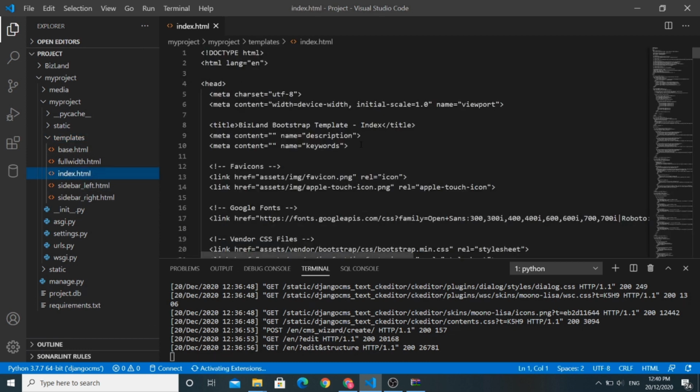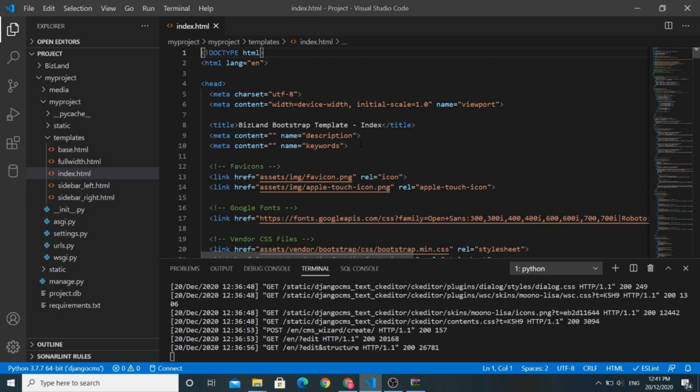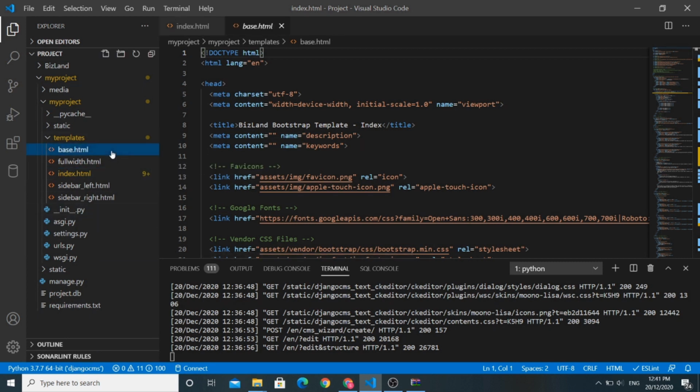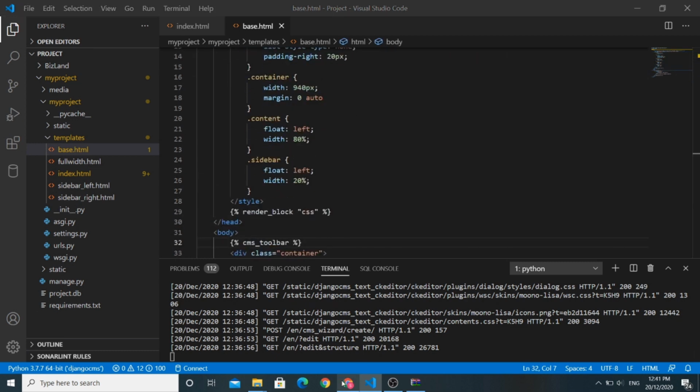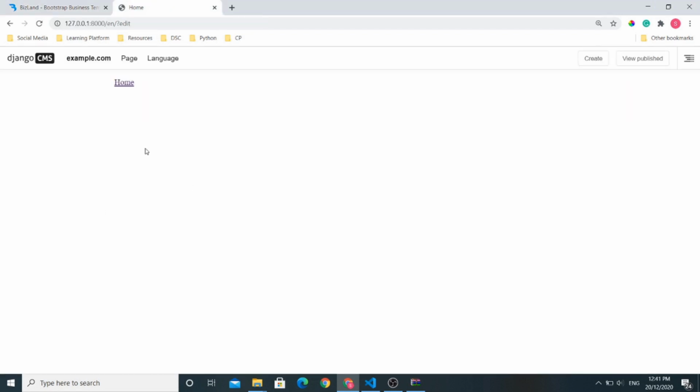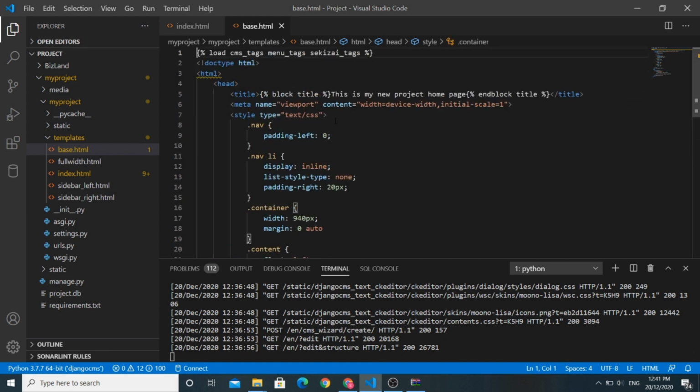Let's open this template. For now this template is a basic HTML template, and we would like to convert this basic HTML template into a Django template which will be used for our project. So let us start converting this template into our Django template. You can see that this is the base template we are using currently for this page. So we will make use of this base template and its tags to convert our own template into a Django CMS template.